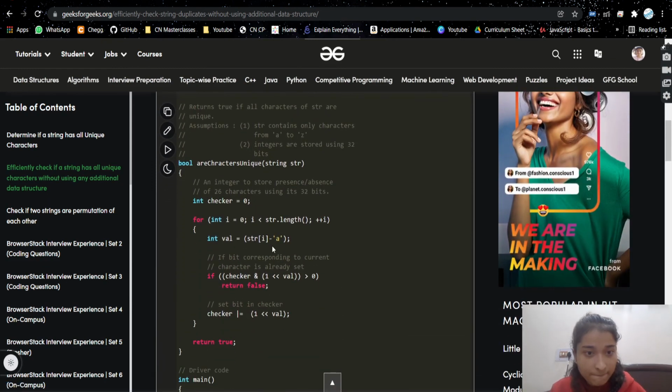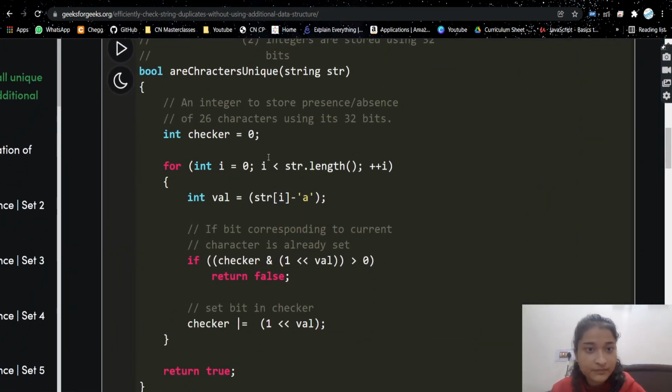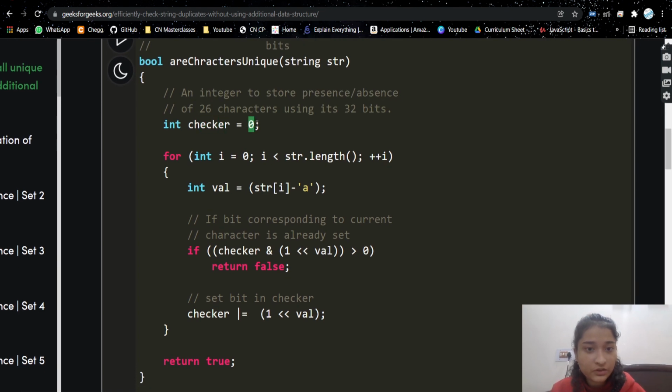See, this is checker, taken initially as 0. We are traversing the string. For each character, we are calculating this val. If checker AND the binary representation of the character gives more than 0, you can write either not equal to 0 or more than 0, it means duplicate characters.